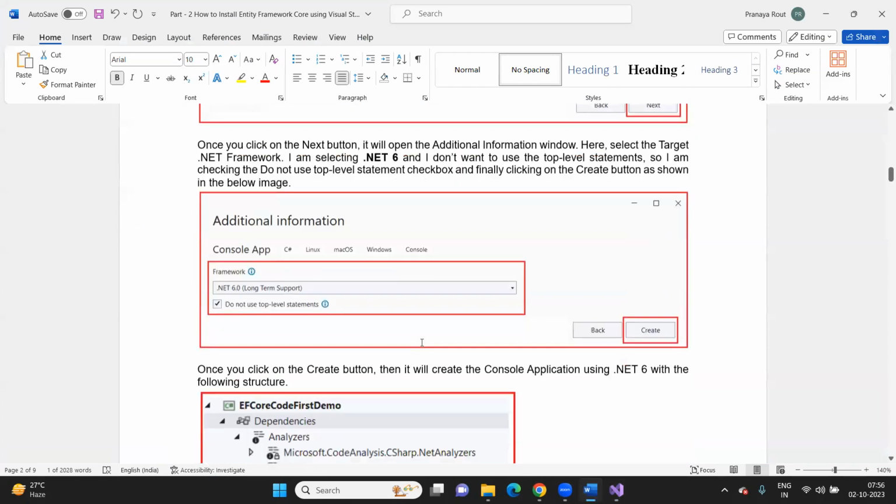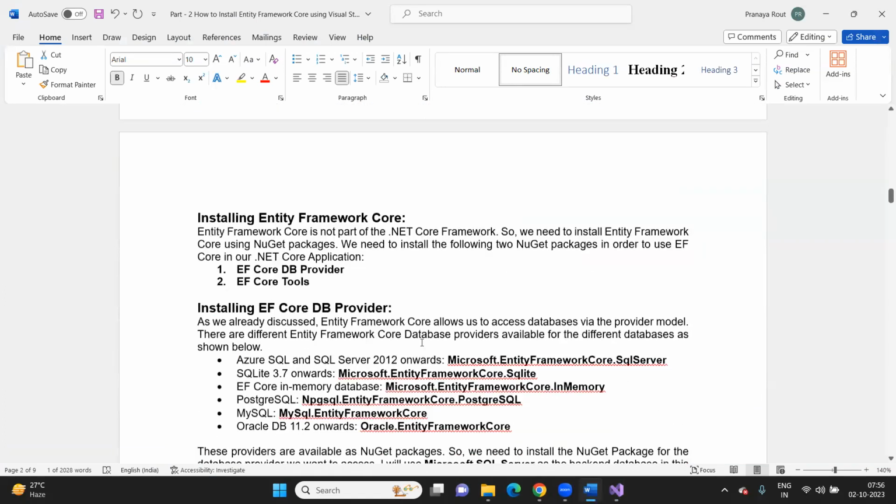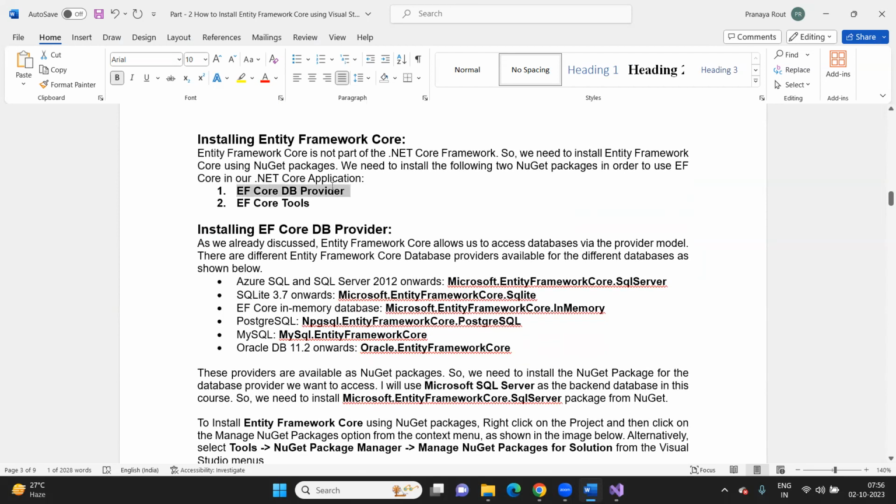Now, what we need to do is install two things. One is Entity Framework Core DB Provider, another one is Entity Framework Core Tools, right? So basically, first of all, we need to install the Core DB Provider, but to decide which Core DB Provider we need to use, that will depend on the database, right? Whichever database you want to use, for that particular database, you need to select the appropriate Entity Framework database provider. As we are going to use SQL Server database,